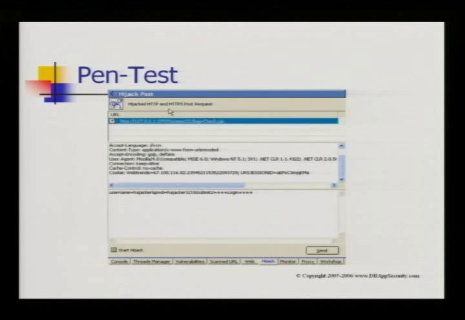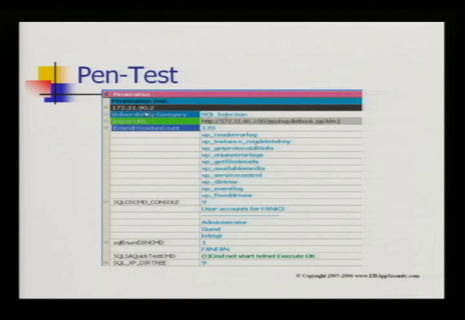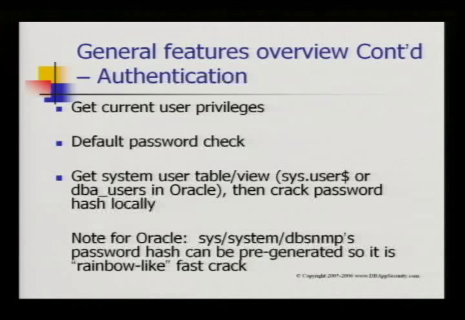Pentest style: if you just browse with the browser and use Matrix as a proxy, then you can hijack the sessions in between. It can even hijack SSL. I will mention that a little bit later. But it can be much easier. For example, here all the pen testing is again right-click style. So here you can get all the extended procedures. You can run OS commands and do whatever you want, pretty much. So authentication, current user privileges, password check, system user views, and